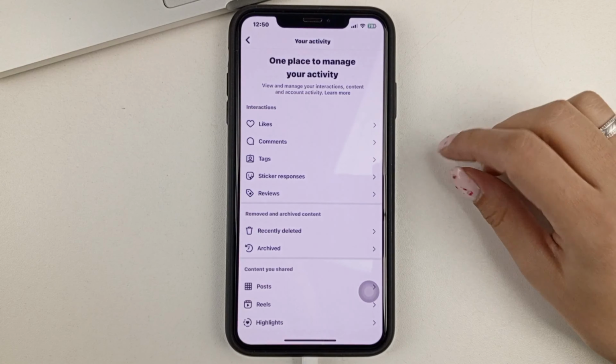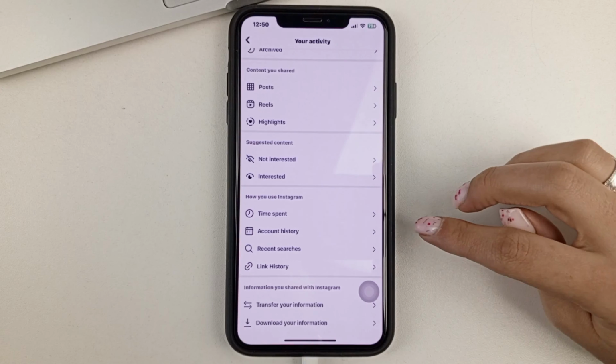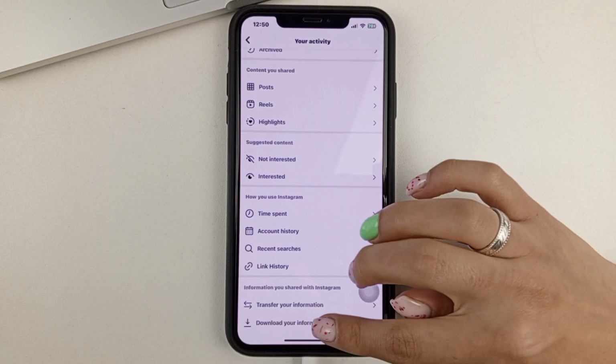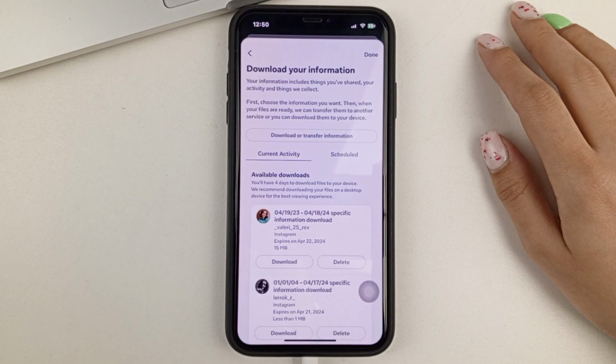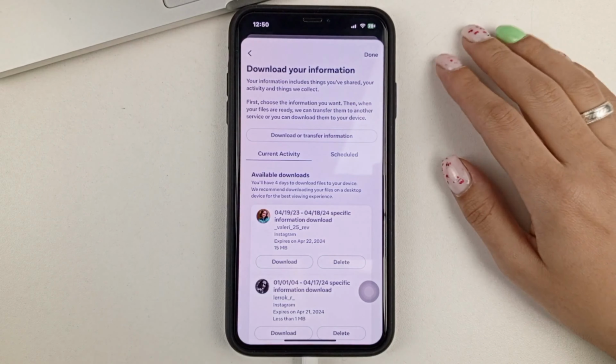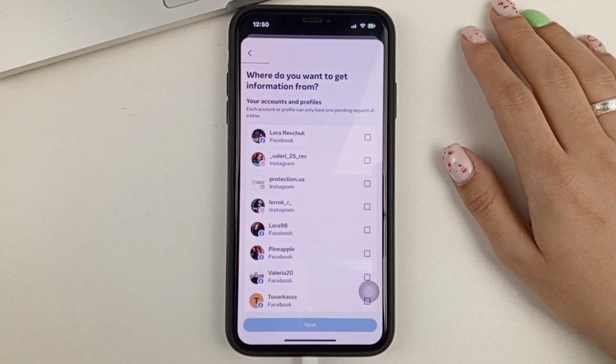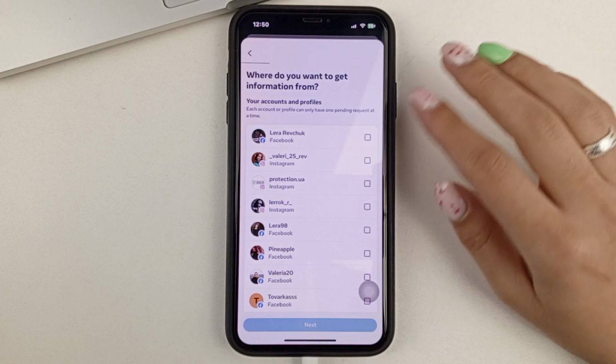Then we're down at the bottom in the very scroll down, and we're going to find Uploading our information. And this is where we choose Upload or Transfer information. And then we need to select our Instagram page.